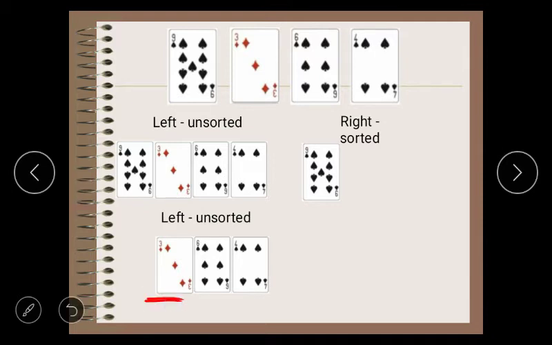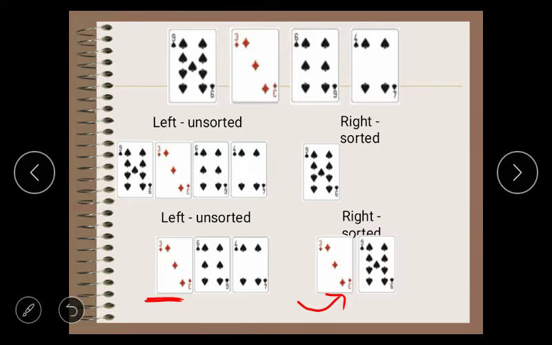When we take 3 into the right hand, we insert it before 9 to make sure that the cards are sorted. At any stage during this process, the left hand will be unsorted and the right hand will be sorted.